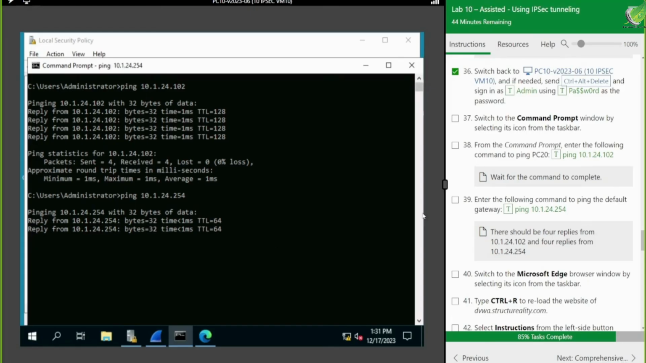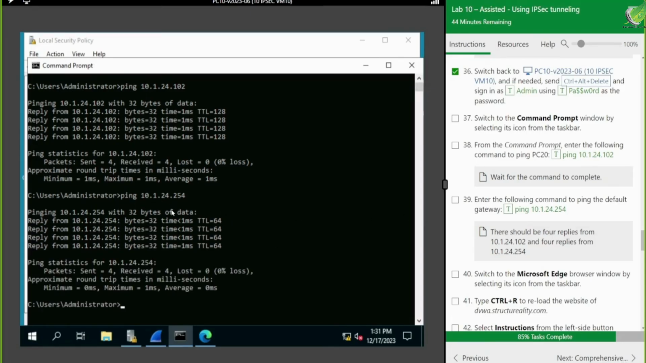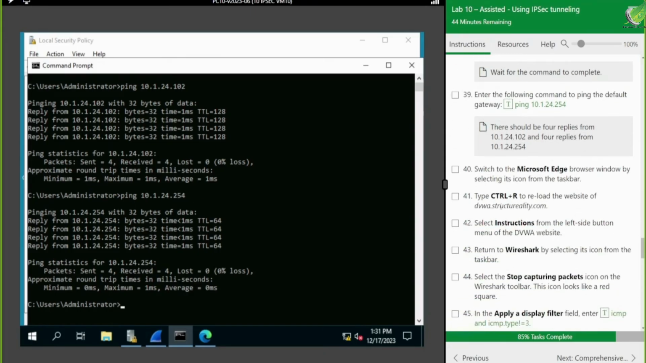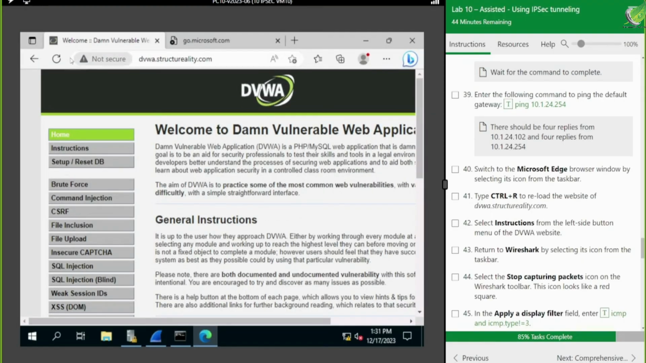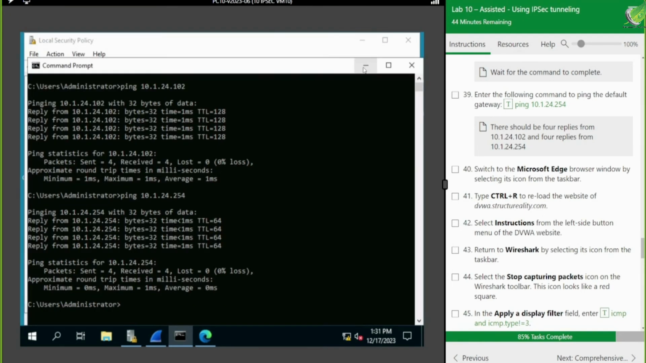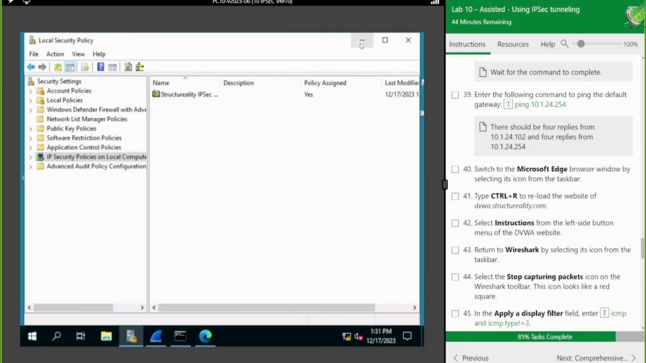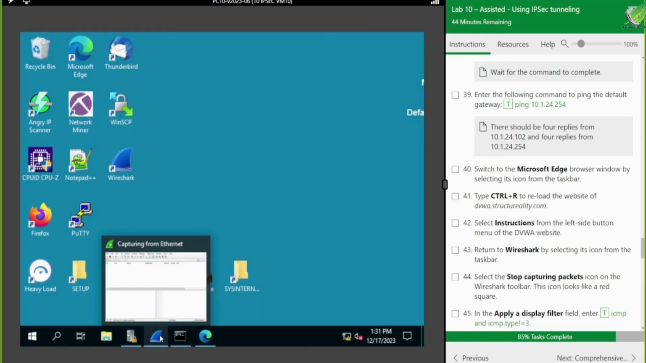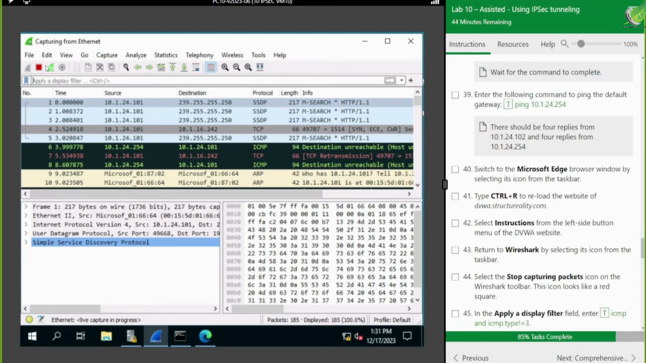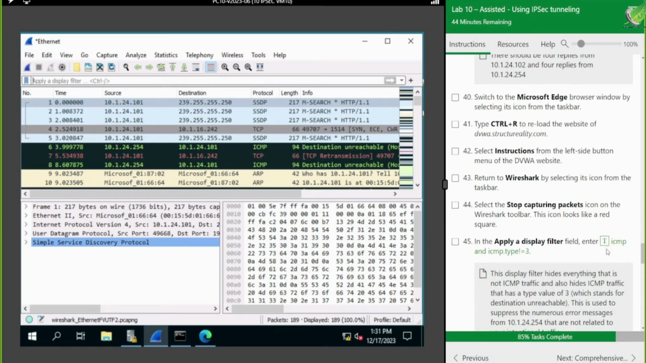.24.254. Remember, we didn't set up an IPsec policy on the gateway. We're going to go back to Microsoft Edge and just refresh this page. Just hit the circle right here. That's just going to send that traffic back to Wireshark. We're going to go back to Wireshark now. Minimize all these, open up Wireshark. Stop that capture. Now what we're going to look at is ICMP